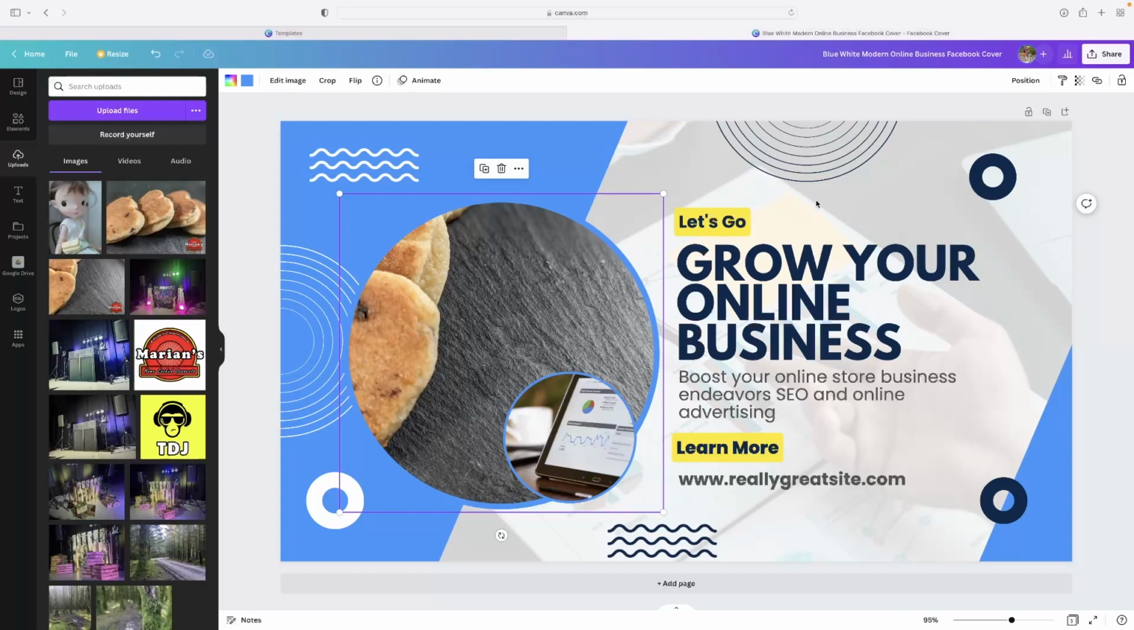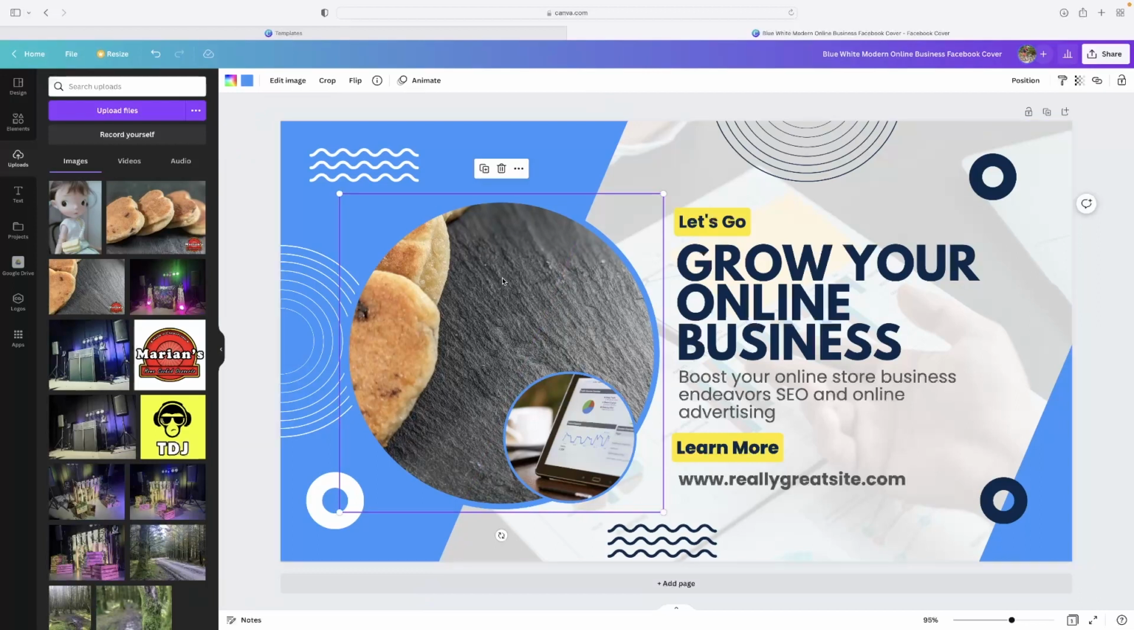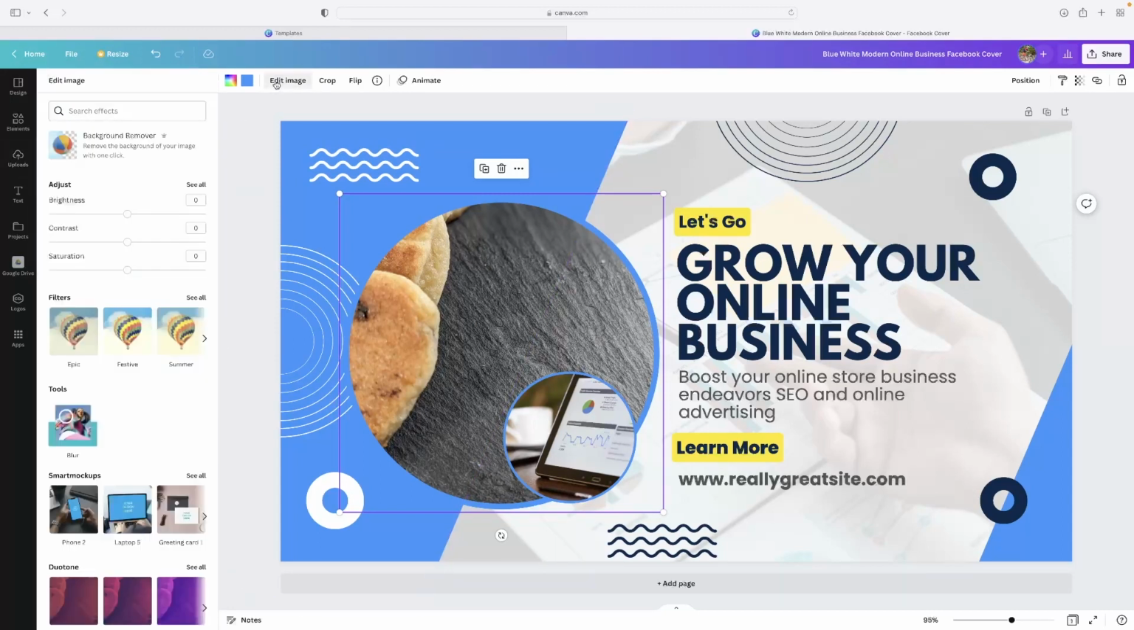So as you can see here, I've got a very simple template set up in front of me with some graphical elements in here. I'm just going to select one of them with a single left click, and say if I wanted to add a drop shadow to this element here, I'd select edit image,